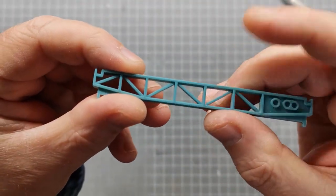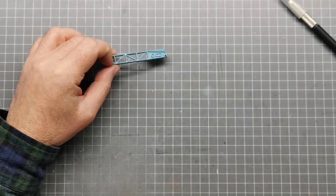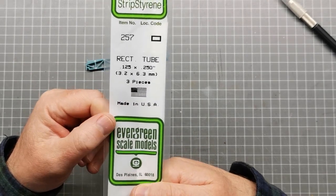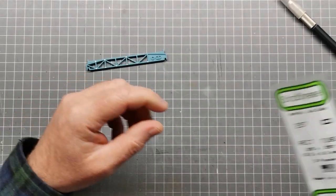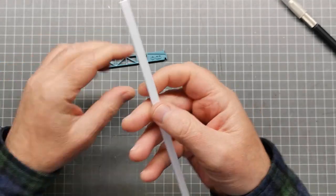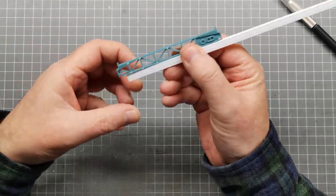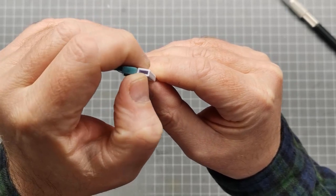basically extend the thickness of this lower part of the girder. I'm going to do that using some styrene rectangular tube. This is the stuff that's 3.2 by 6.3 millimeters. When you have a look at it, of course it's quite wide here, but it's actually the perfect thickness. It matches the thickness of that girder really well. So I reckon if I cut that down,